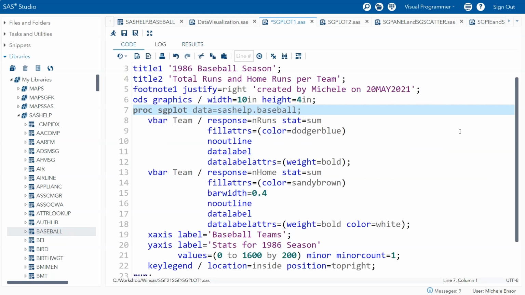This program has been a good example. We started simple. We had a PROC statement and a RUN statement. We started off by adding a VBAR statement. That statement was real simple, but we added options. Then we added more statements, other plot statements, axis statements, KEYLEGEND statement. In addition, we used global statements such as TITLE, FOOTNOTE, and ODS GRAPHICS. It didn't take much to get a graph, but definitely more syntax was needed to get the graph looking the way we wanted. This is just one example of using PROC SGPLOT.